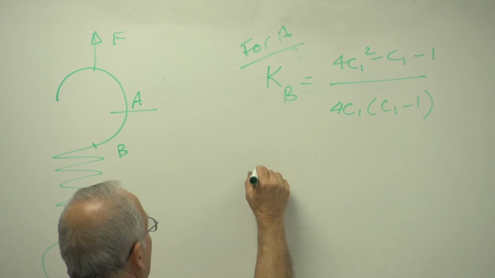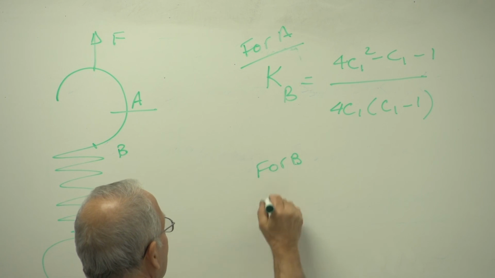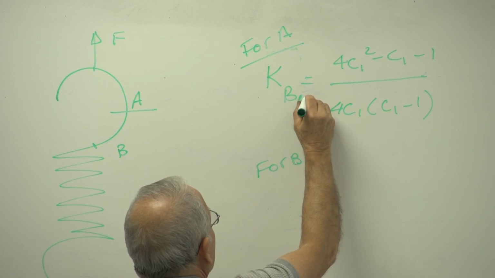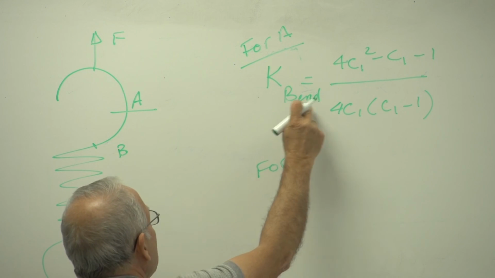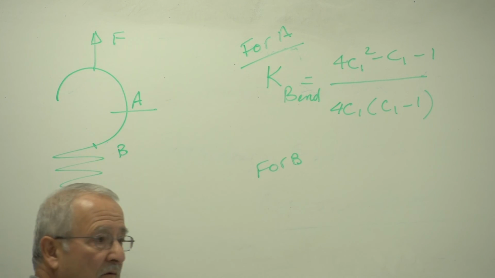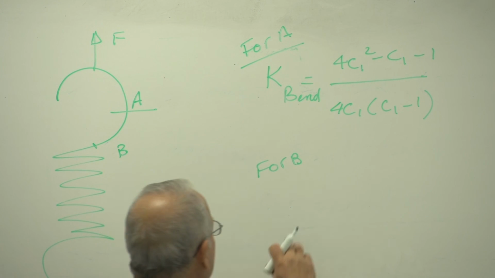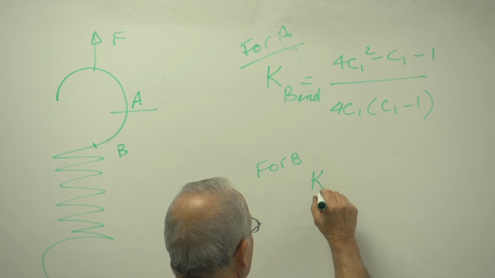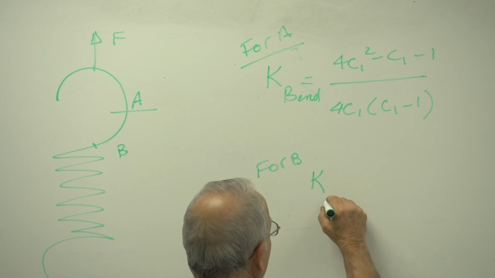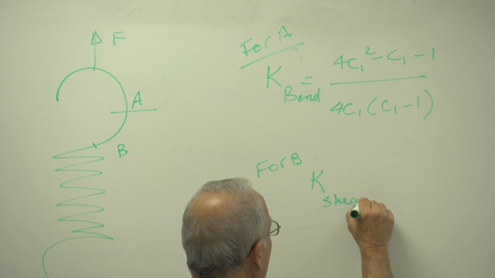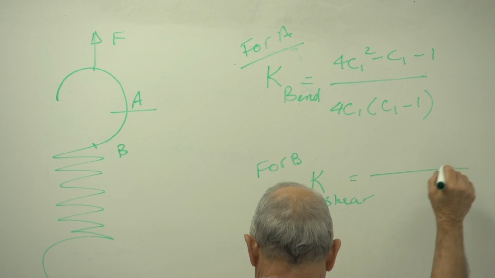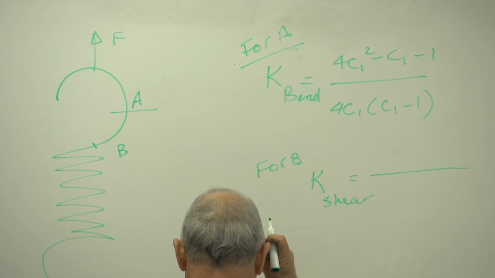And for B, write this as K bending so that you don't confuse it with KB, the Bergsträsser constant. So this is K, I guess, torsion or shear, is equal to